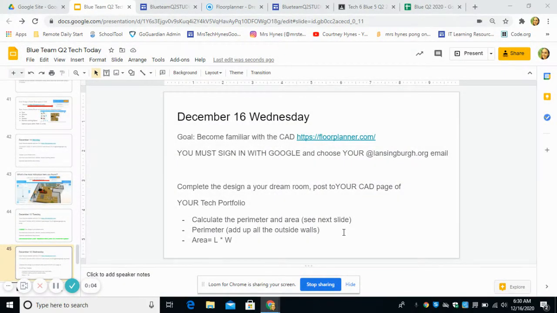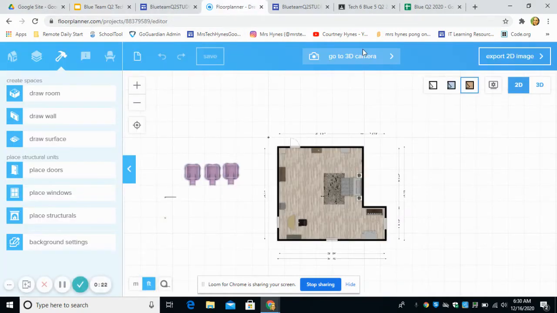Today is Wednesday, December 16th, and we're going to be sharing out your designs that you did on Floor Planner on your portfolio. Today we'll also be calculating the perimeter and the area of your dream space. So the first thing you're going to want to do is log into Floor Planner and open up your